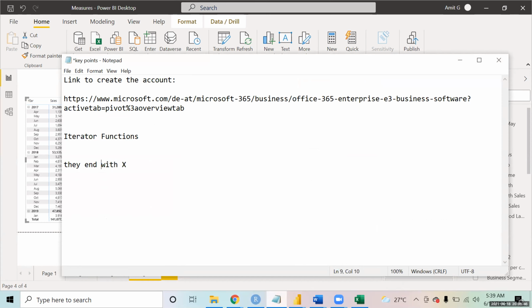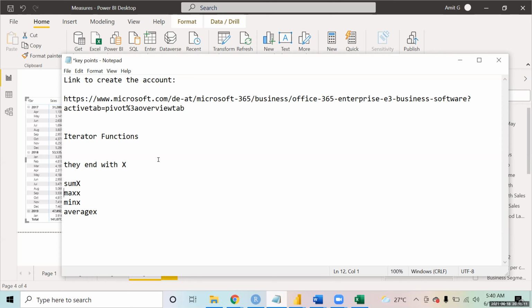You will have functions like SUMX, MAXX, MINX, AVERAGEX. These are some functions that you will find in Power BI.